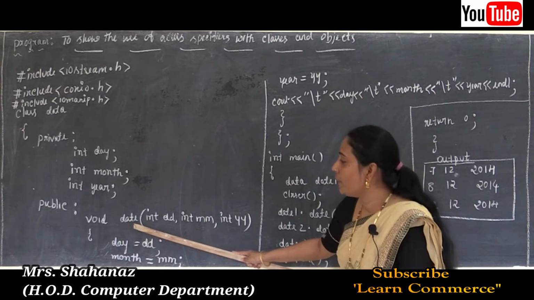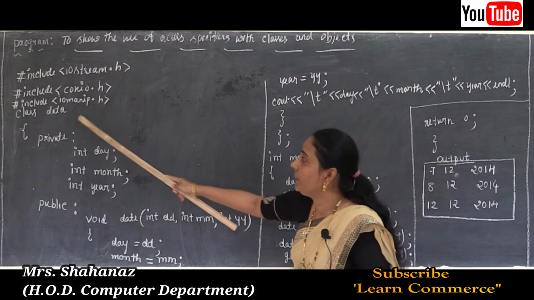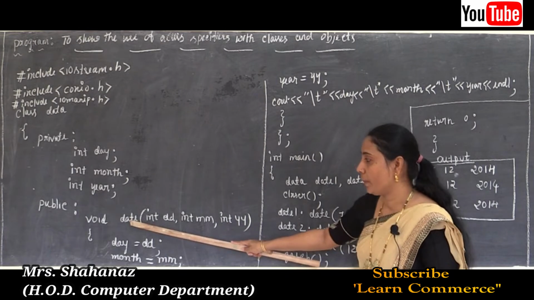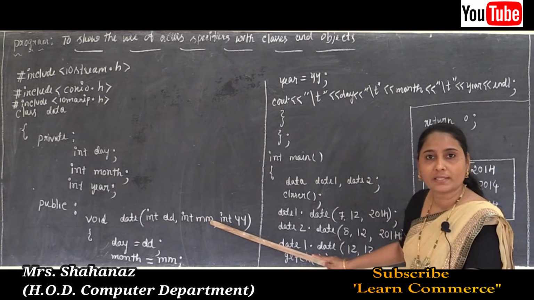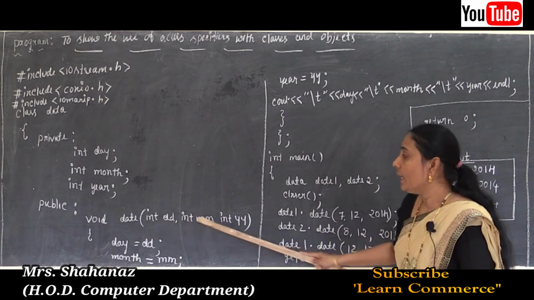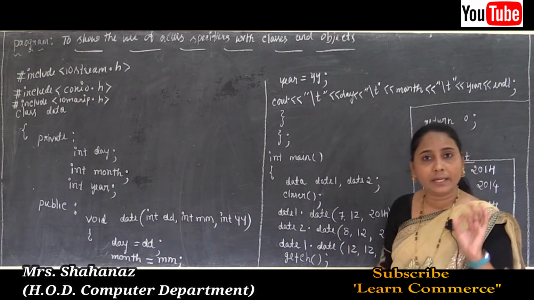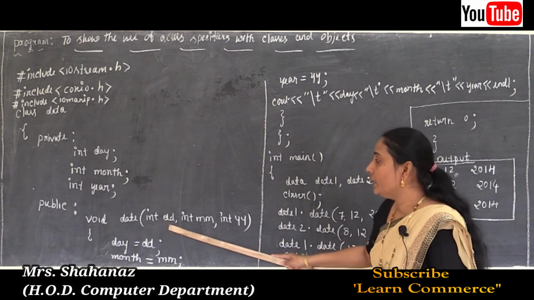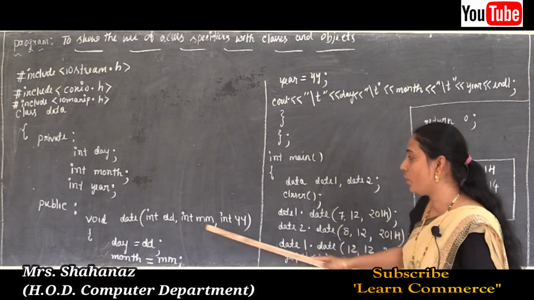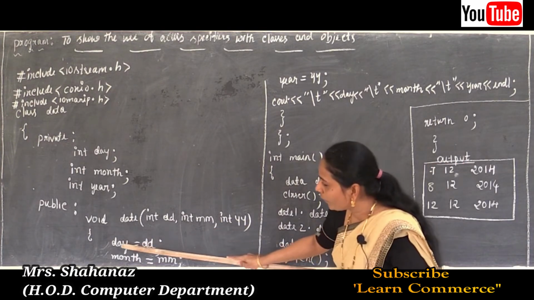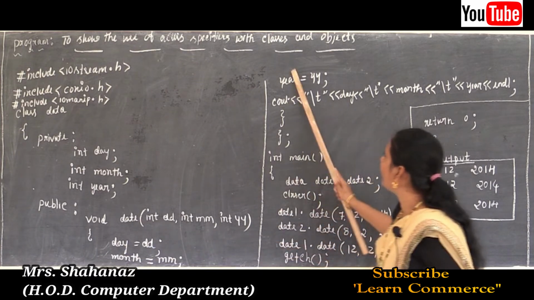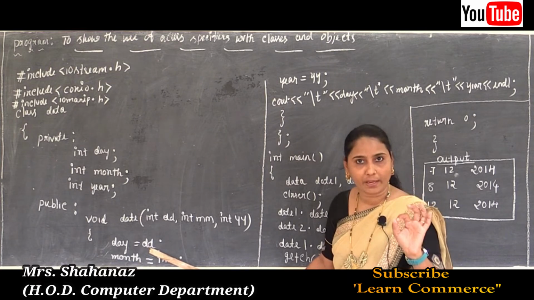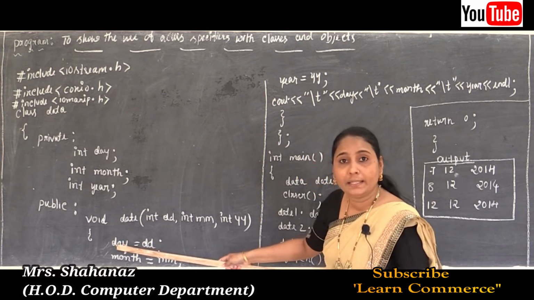Is this point clear? The member function name is date, but you should remember it, the class name is date, the member function name is date, and such a date member function has 3 arguments: dd, mm, yy, and each is declared separately by its data type: int dd, int mm, int yy. Now I am going to write some coding here. Whatever I add in dd, maybe dd is 7, such one is going to be added into day.